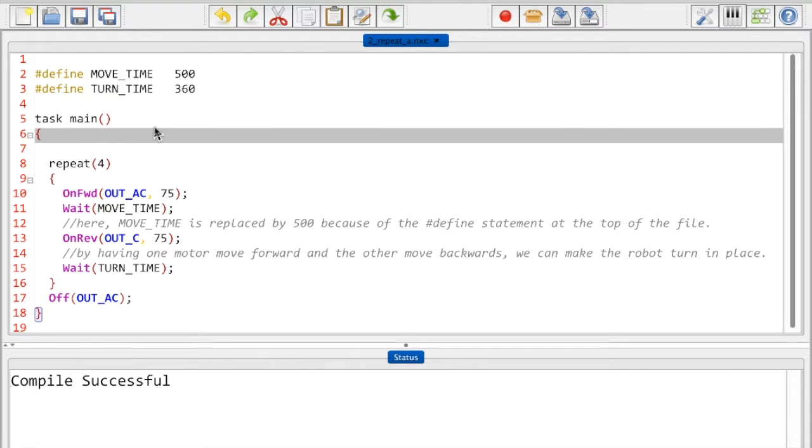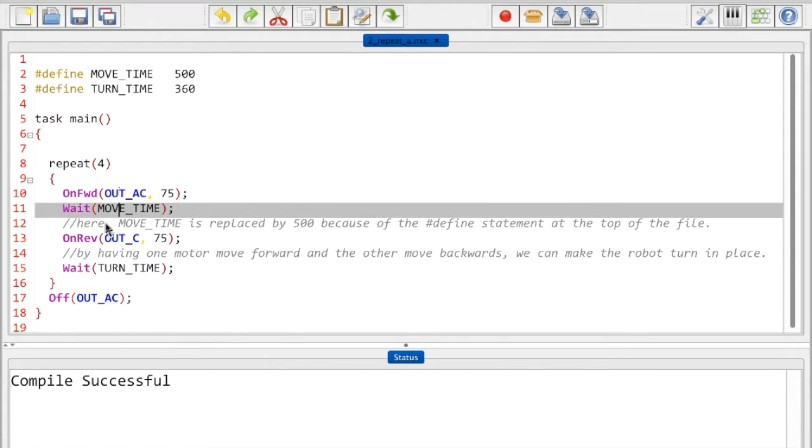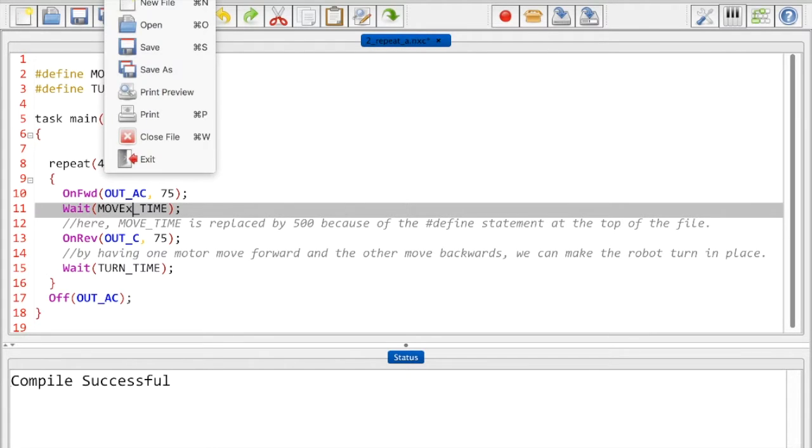Hi again. I wanted to show you something really quick about errors. This is the same file that you just saw, and what I'm going to do is introduce an error. One of the common things students do is they might accidentally mistype the name of a variable. So for example, I'll just pick move time. Move time was defined up above, and I will just accidentally type in an extraneous character, this X in here. And so what I will do is